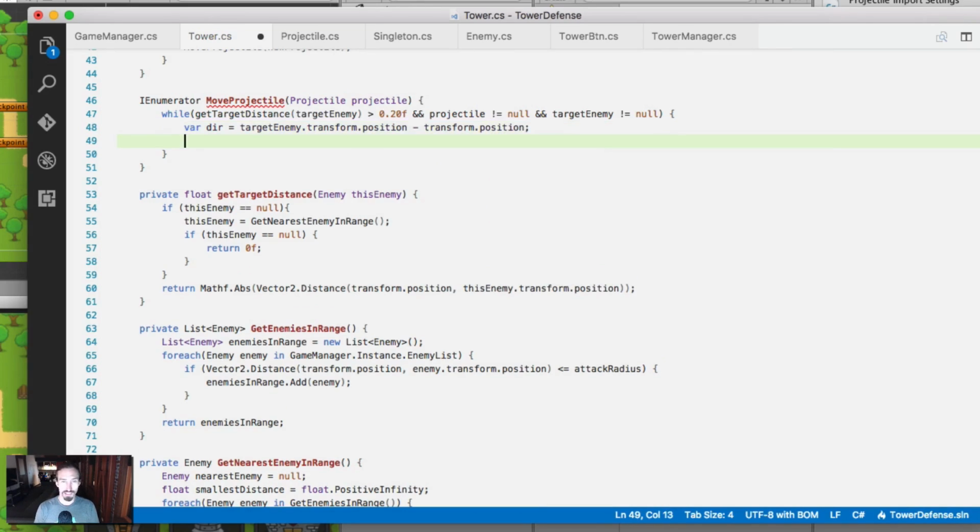All right, and that's the direction. And then we need to find the angle of the direction. So we'll call that angle direction. And to find that, we're just going to use a math function for tangent. Okay, and then we're going to put in direction y over direction x,